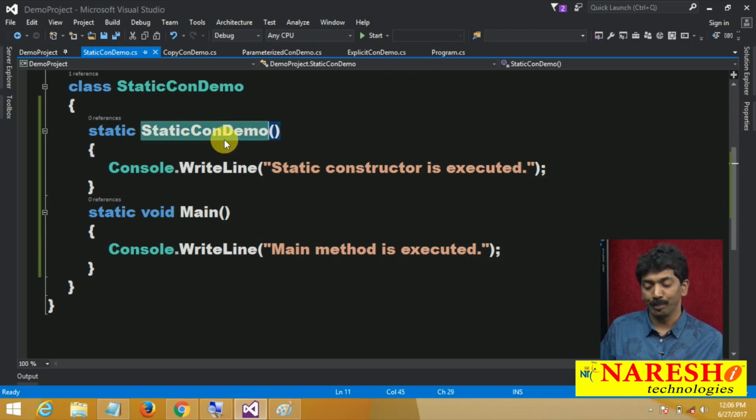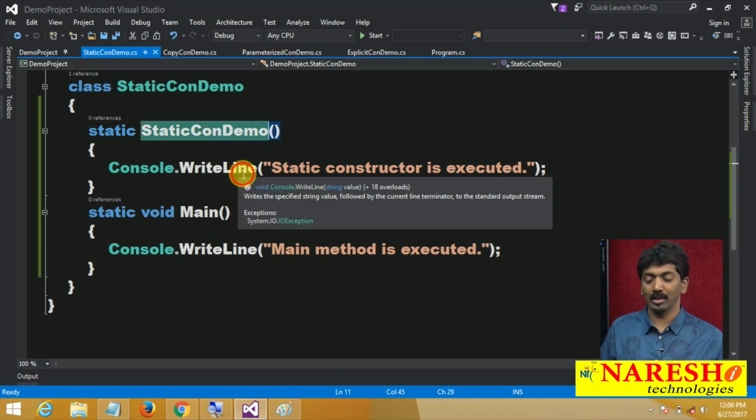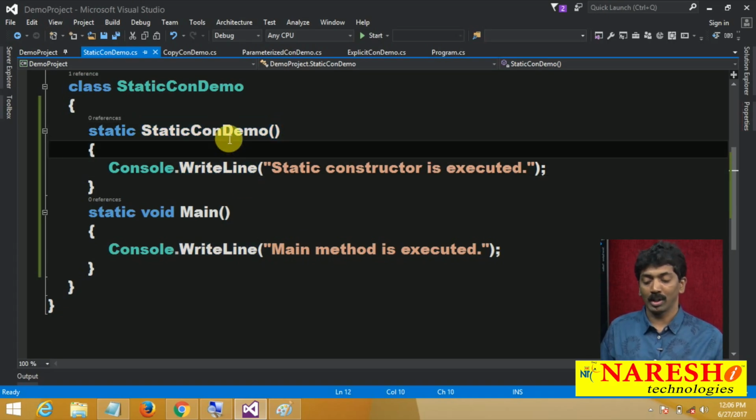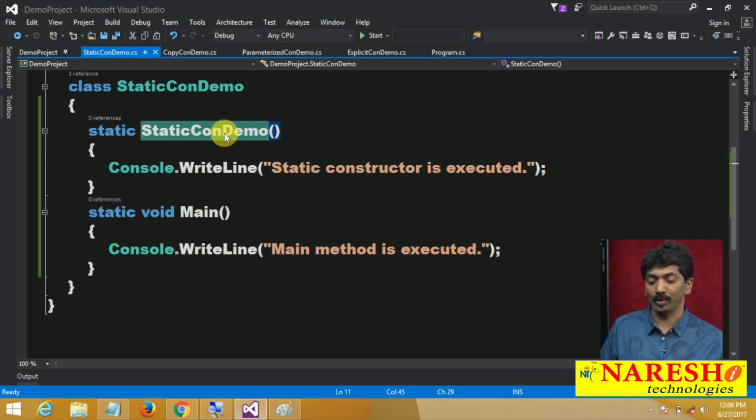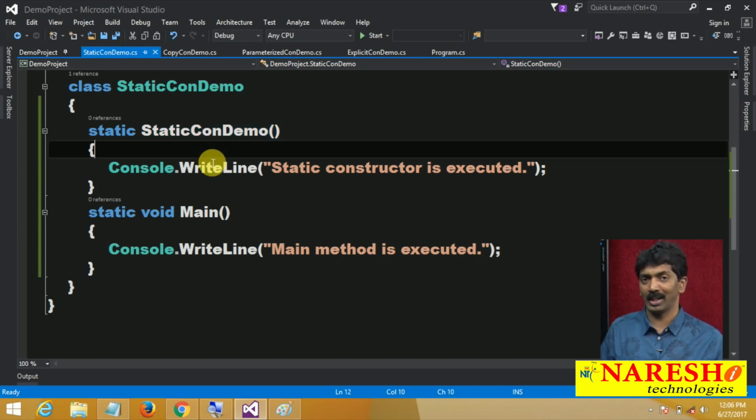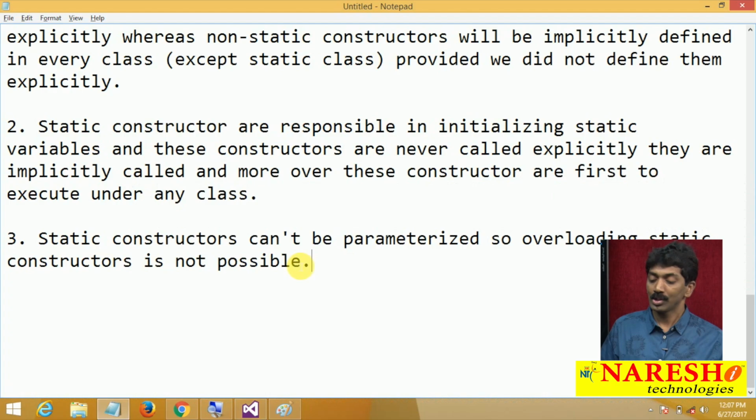They are implicitly called. When they are implicitly called, we never get a chance to pass a value. And second important point, this is the first block to execute. If this is the first block to execute, there is no chance for us to pass a value. See, for second block, we have a chance to send a value from the first block, but that is a first block. From where can we send a value? No chance. So that is why they cannot be parameterized.